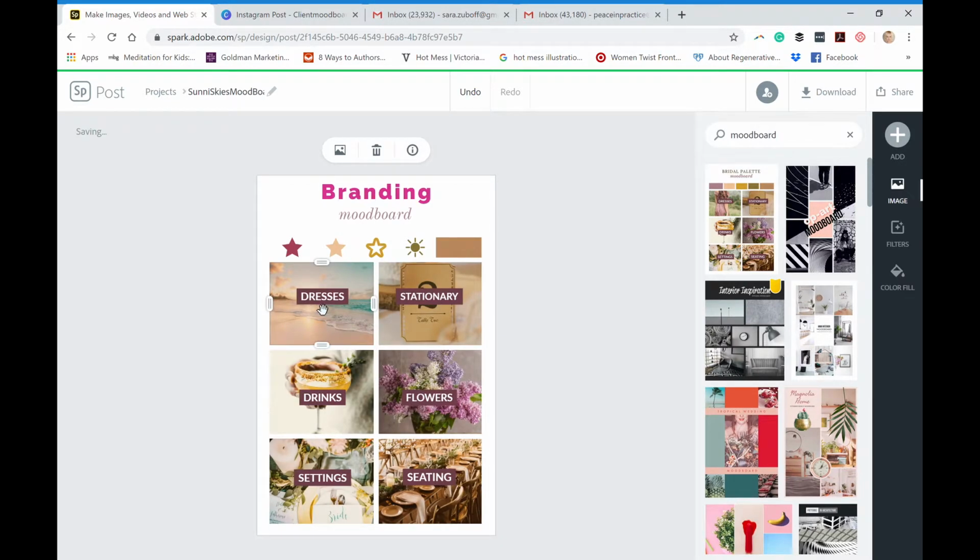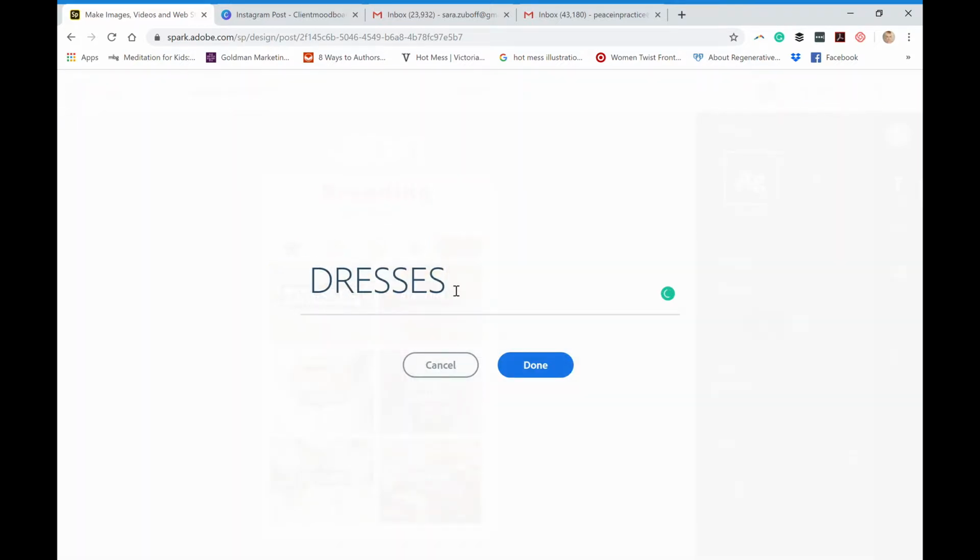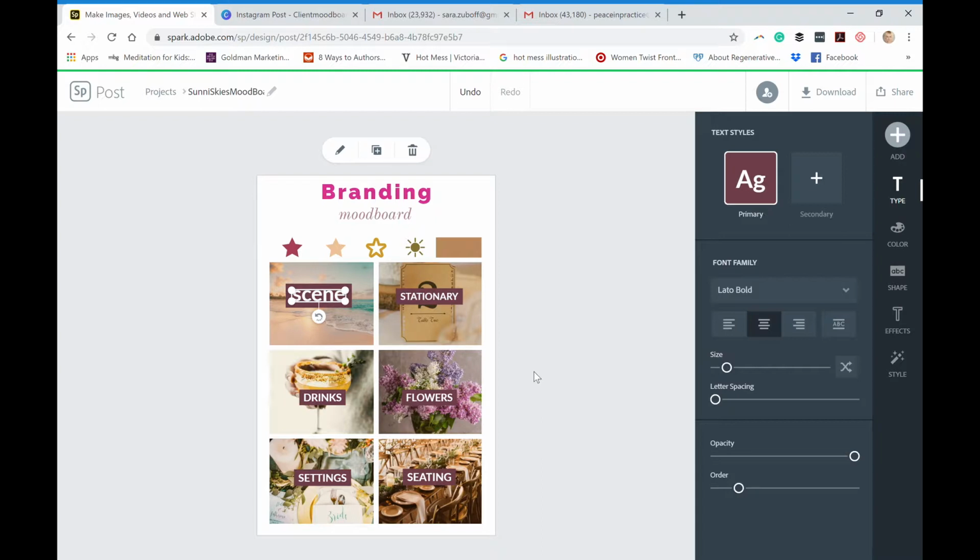Then I'm like, well, my little title here doesn't make sense anymore because obviously it's not dresses. So I left click once and it'll bring up the color. So I can change the color here, I can change the size. So just like we did with the title, you can change everything about this little rectangle, but if you left click on it twice, it'll bring up the text, and you can easily change that. So double click,